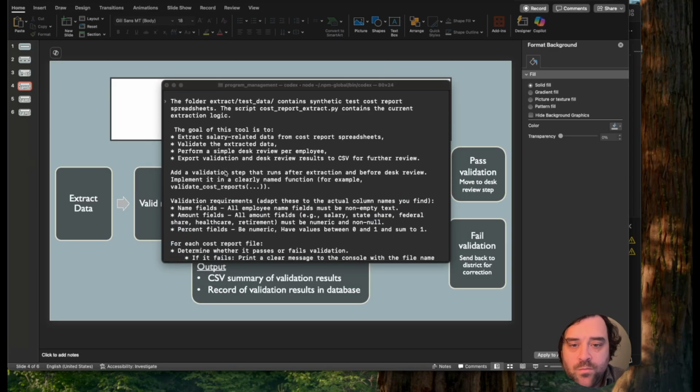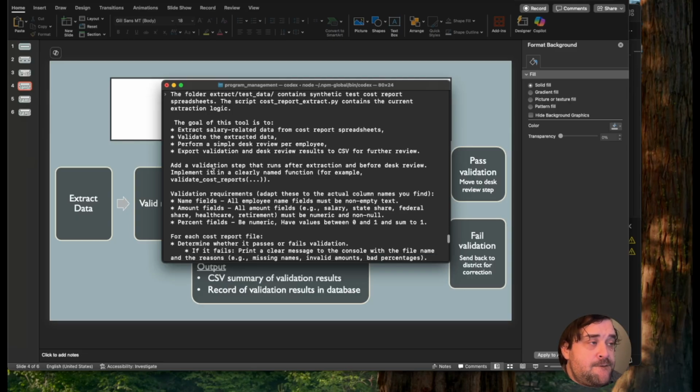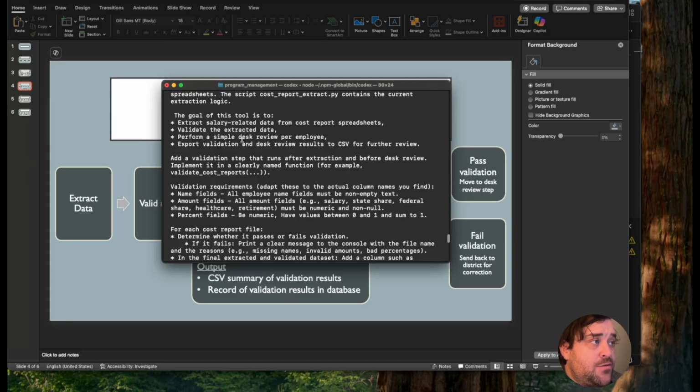While it's thinking, I'll just review the prompt for a minute. Basically, it's reminding the model what the context is. So we have an extract script here. The goal is to validate the extracted data, perform a simple desk review,